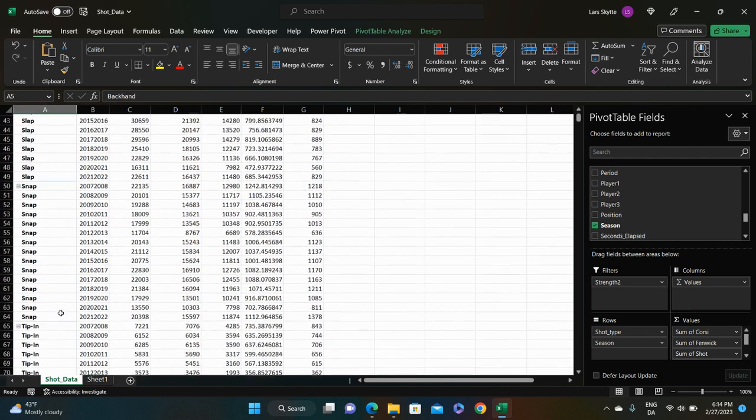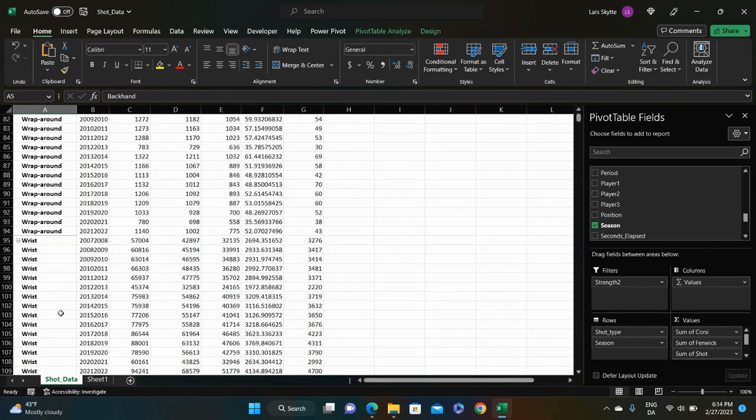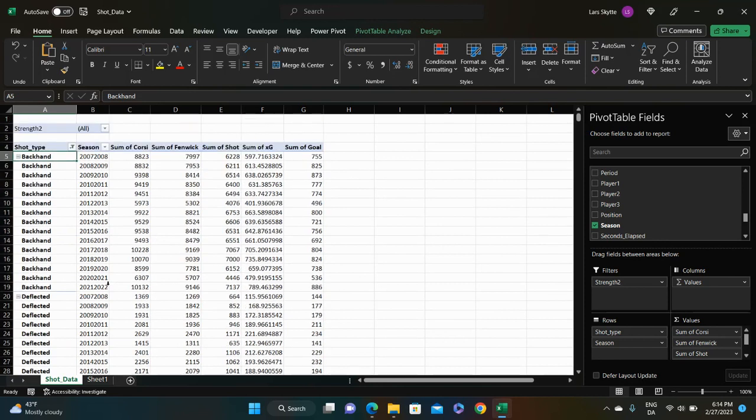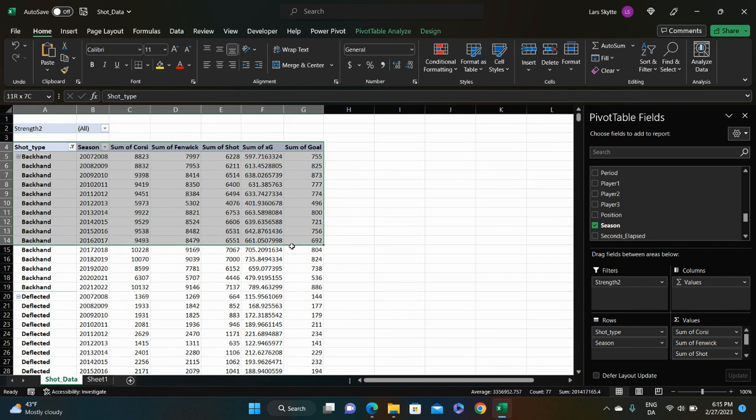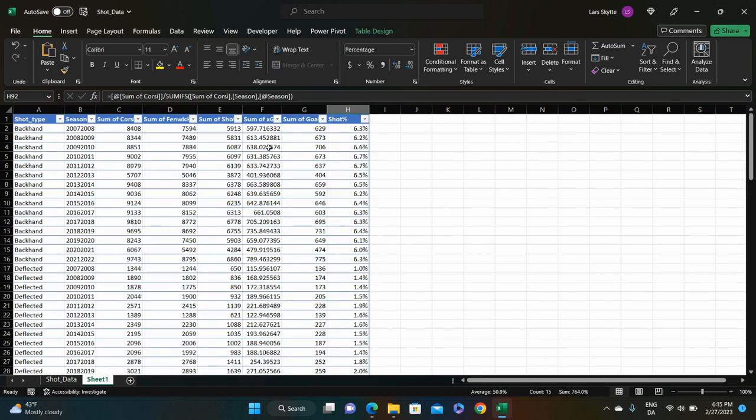So it's backhand shots, deflected shots, slap shots, snap shots, tip-ins, wraparounds, and wrist shots. Those are the shot types from 2007 until 2022. There are some new shot types in the current season, but those don't exist in these seasons. Okay, so this data you could use to look for trends. So I already did that actually. So this is just the same data, and then I calculated how many percent